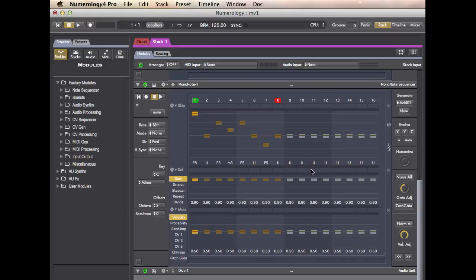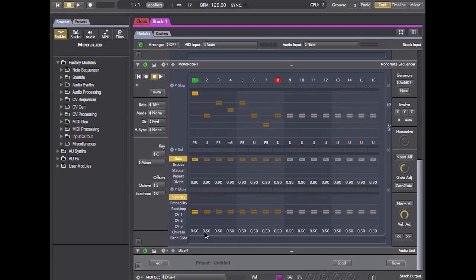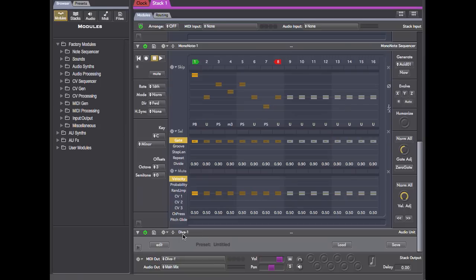In a previous video, I showed you how you could add modulation to just about any parameter on a Numerology sequencer or other module just by control clicking on that parameter and choosing Add Modulation. In the prior case, we added modulation to the end step of a sequence and to one of the sequencer steps. In this video, I'm going to show you how you can easily add modulation to a hosted audio unit